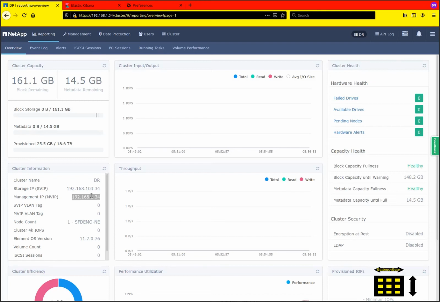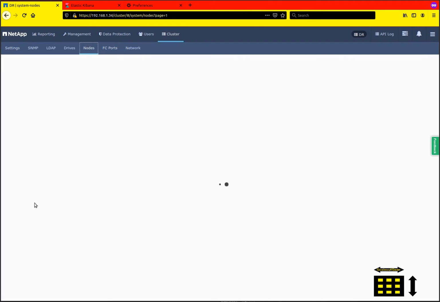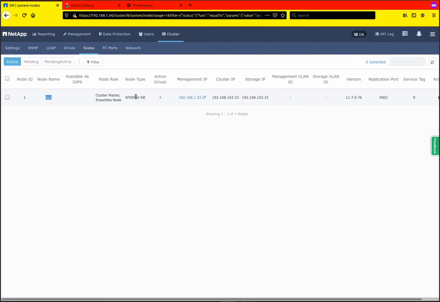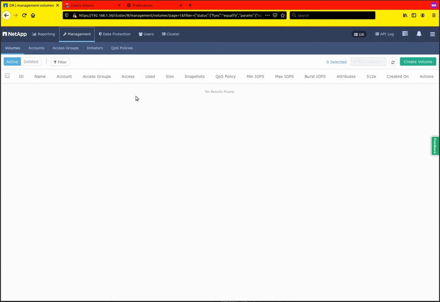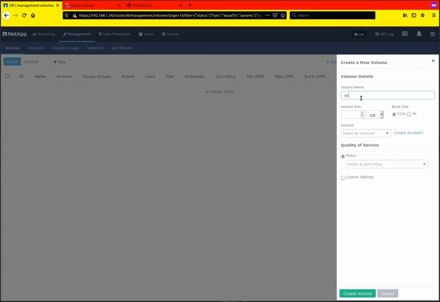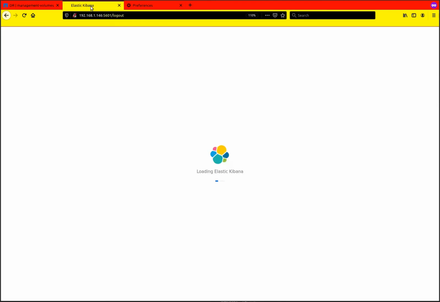I'll demonstrate syslog forwarding from Element Software or SolidFire to an external host. So this is a singleton demo cluster running in a virtual machine. I have no volume, so I'll create one for demonstration purposes. Once that is done, I can move on to the rest of the stack, which consists of a single Linux